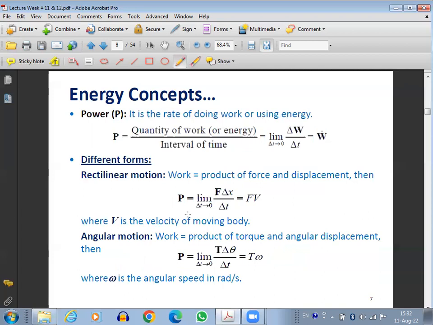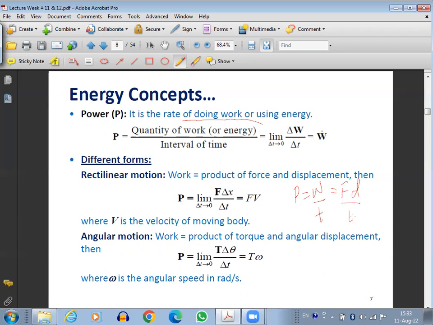Then we have power. Power is the rate of doing work or using energy: the quantity of work over an interval of time. The rate of anything is per unit time, so power is basically the rate of work. There are different forms of writing power. For example, we know that power is work over time, but work is basically force times displacement